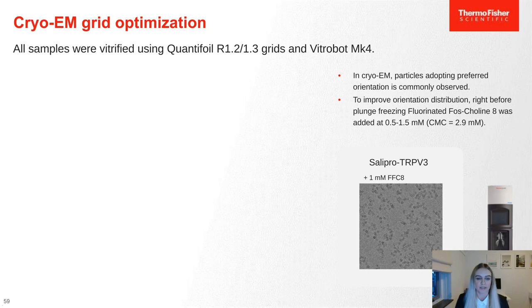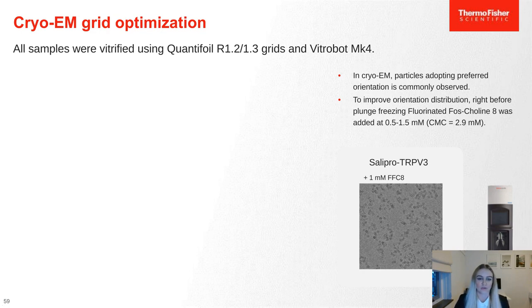And grid optimization involves vitrifying samples and making sure that the ice is thin enough and you have the right concentration of particles in ice, and that these particles adopt random orientations as much as possible. But it is a well-known